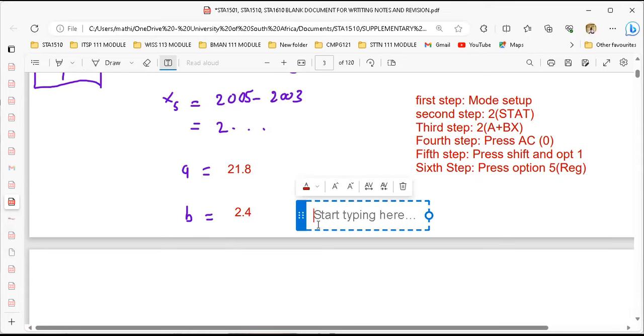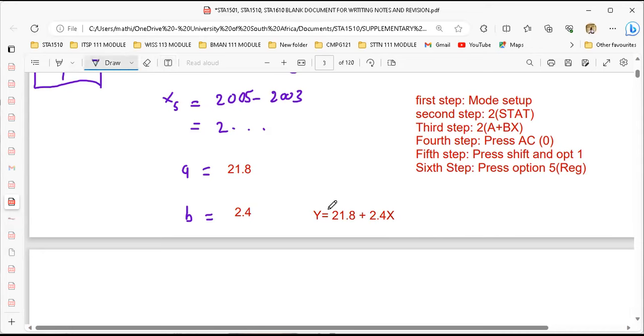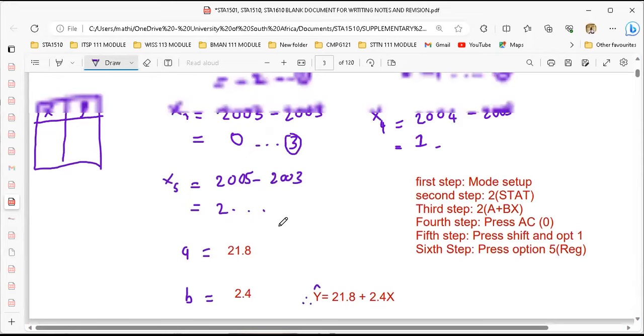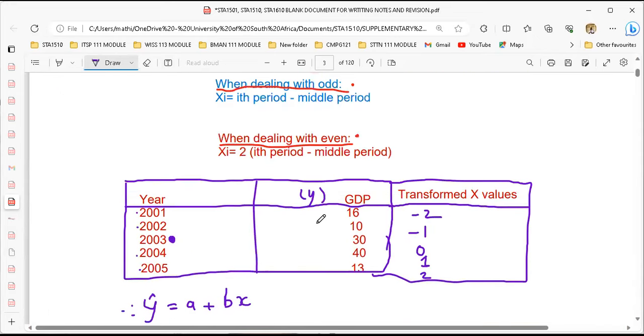y hat is equal to 21.8 plus 2.4x. This is my equation now. Then they can tell you to find the GDP